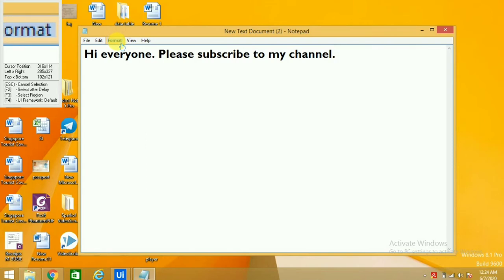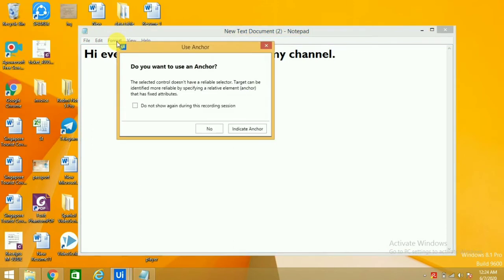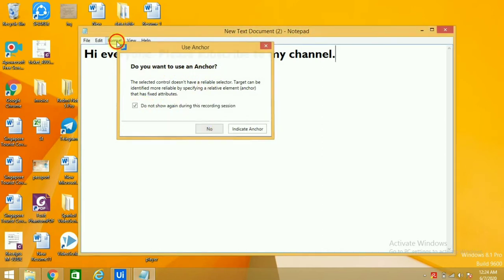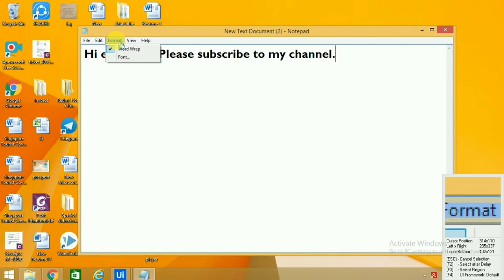Now I'll go to format. The system is a bit slow, so please bear with the system. Okay, so now one pop-up came. It says, do you want to use an anchor? No, we don't want to, so I'll click no. Next, let's click on font.